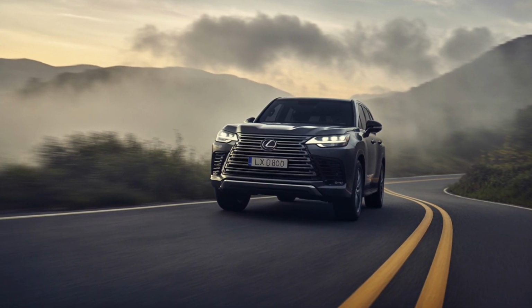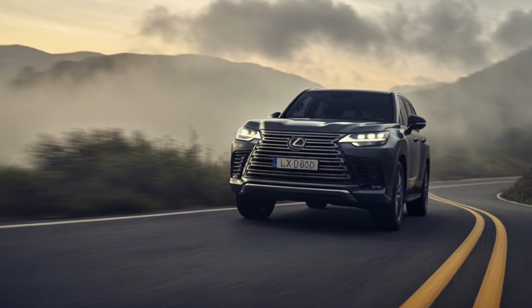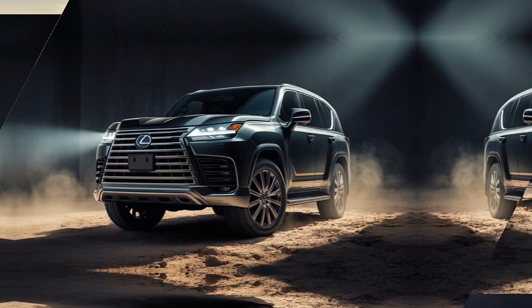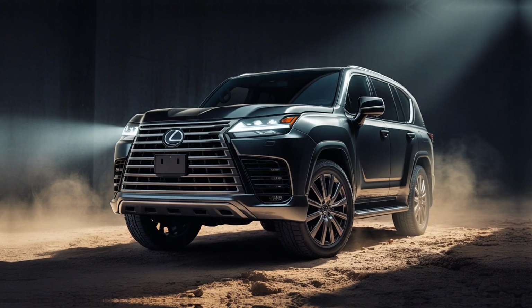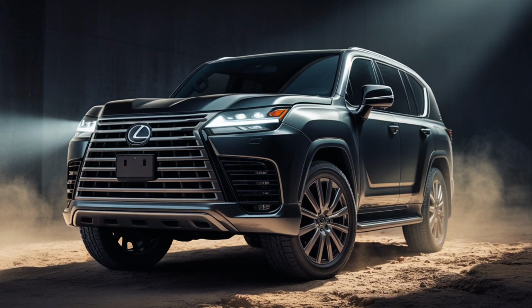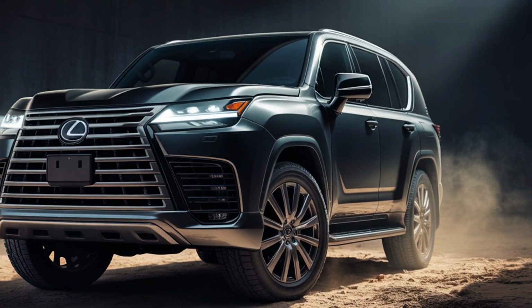But the real brilliance of Lexus engineering lies in the balance. The hybrid system works seamlessly with the engine, delivering power in a way that feels refined rather than chaotic. The adaptive suspension constantly analyzes road conditions, adjusting itself in real time. When cruising on the highway, the SUV feels like it's floating above the road,